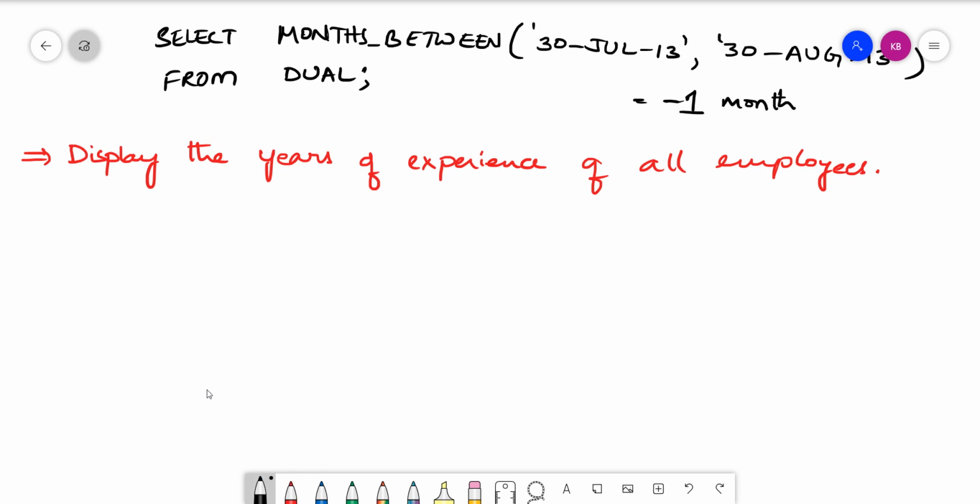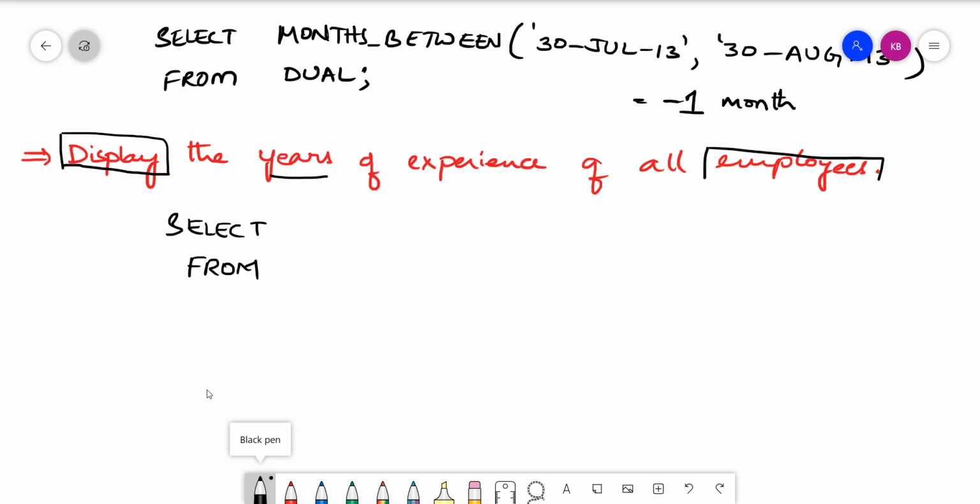But if we directly use months_between, we will be getting the difference in months, but we wanted to get this in years, right? As we are asked to display, we require the select clause, and the minimal clauses that we require in a select statement are select and from.